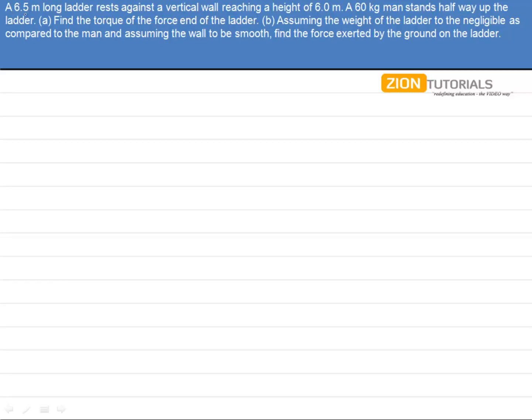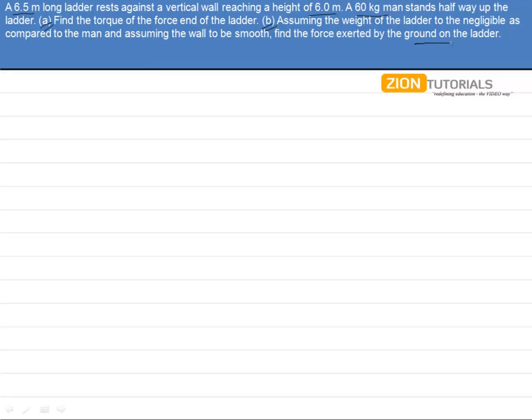As the question says, a 6.5-meter long ladder rests against a vertical wall reaching a height of 6 meters. A 60 kg man stands halfway up the ladder. Find the torque of the force on the end of the ladder, and B, assuming the weight of the ladder to be negligible as compared to the man and assuming the wall to be smooth, find the force exerted by the